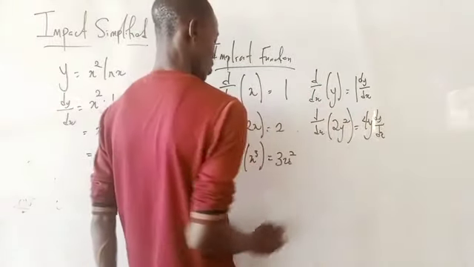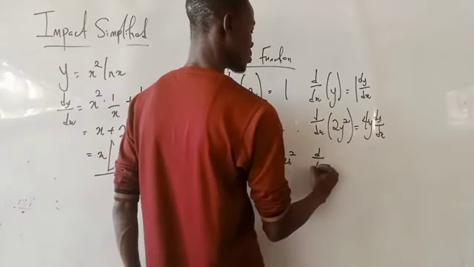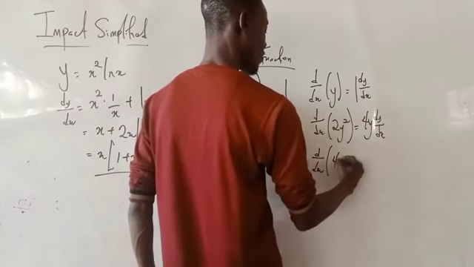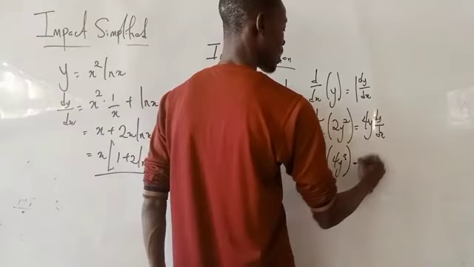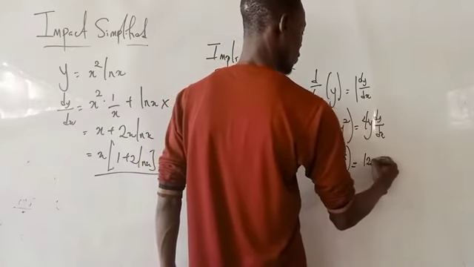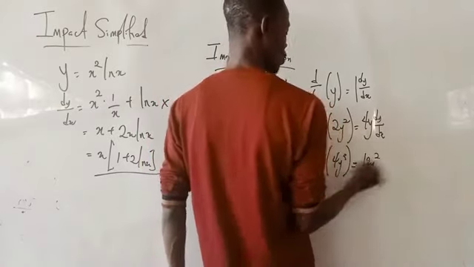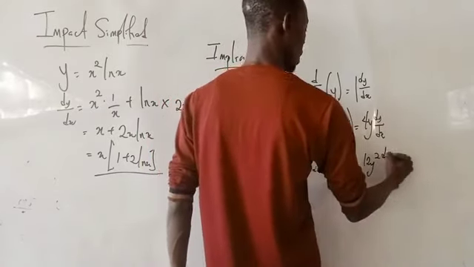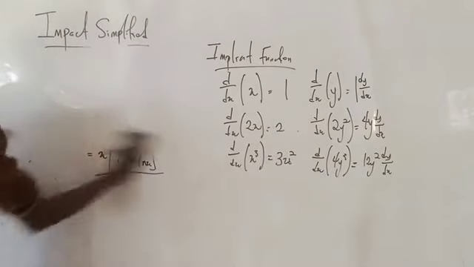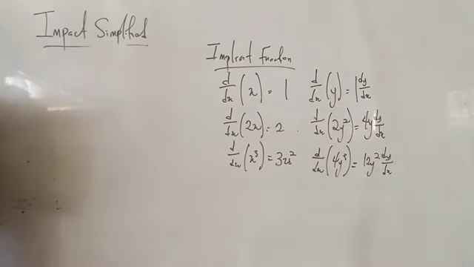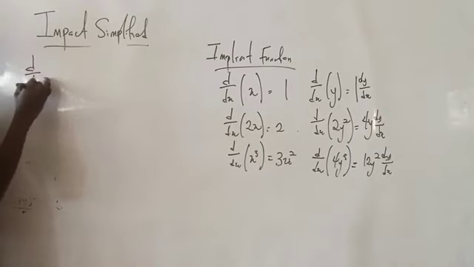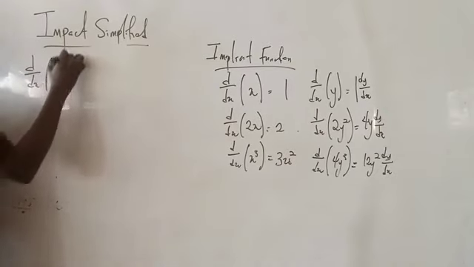It's simple. And also, even if we have something like this, differentiate, let's say, 4y cubed. What is the answer? That will give us 12y squared. But because it is y, you add dy dx to your final answer. So that is that about the implicit function. But when we are talking of implicit function, we can also have the mixture of x and